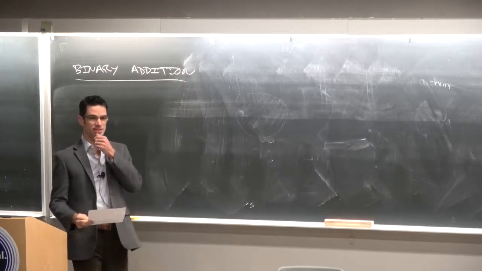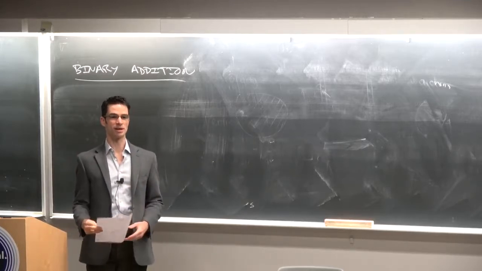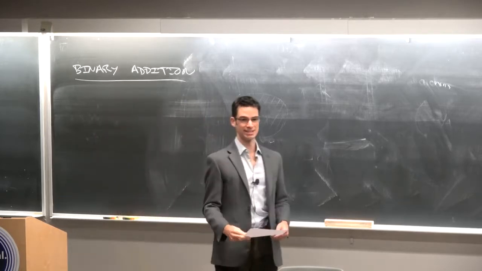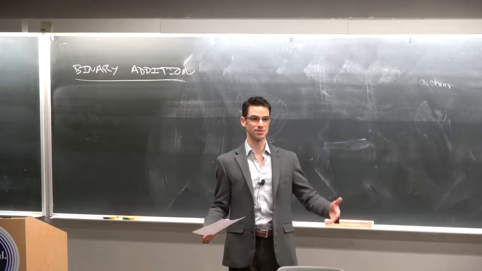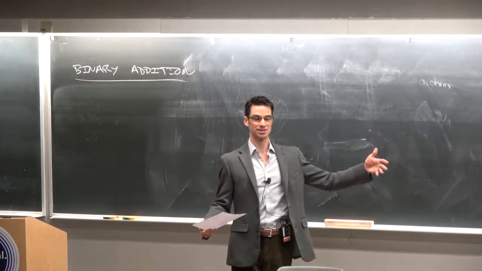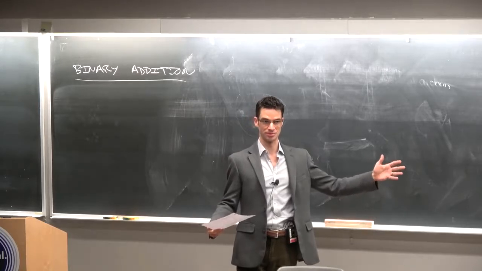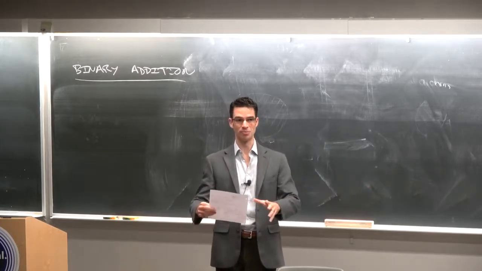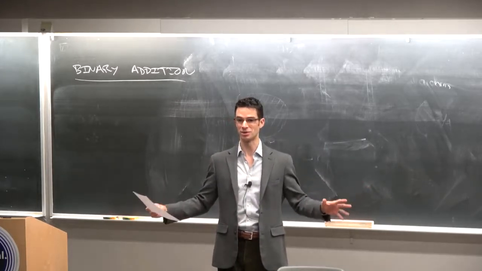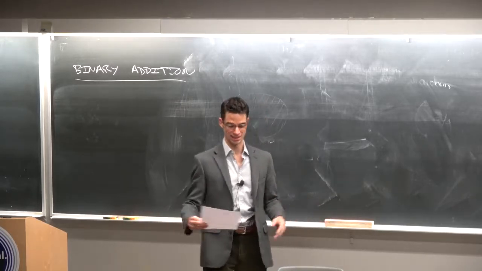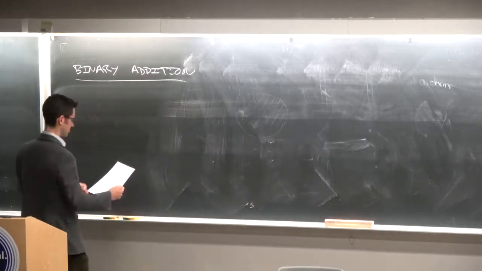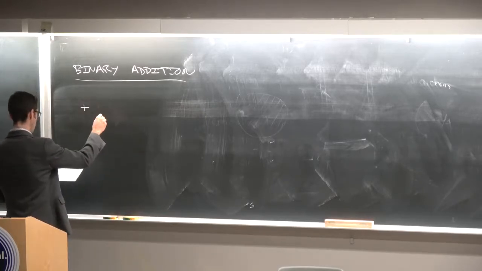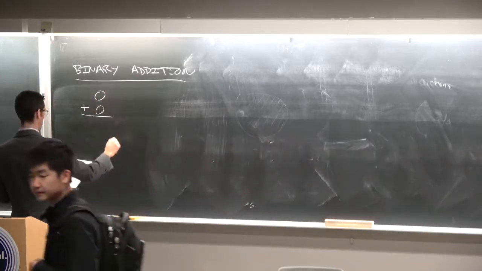So we're not going to go into too much detail on this, but I just want to show you the simplest possible connection between binary arithmetic and the logic gates that we learned about, and how you construct logic gates from circuits, how you make circuits from transistors, which we'll talk about next, and then how you make the transistors. So while we won't be going into depth on any of this, I just want you to know that in principle, this is how computation works all the way down to the material science, from the binary arithmetic all the way down to microfabrication. So suppose we want to add